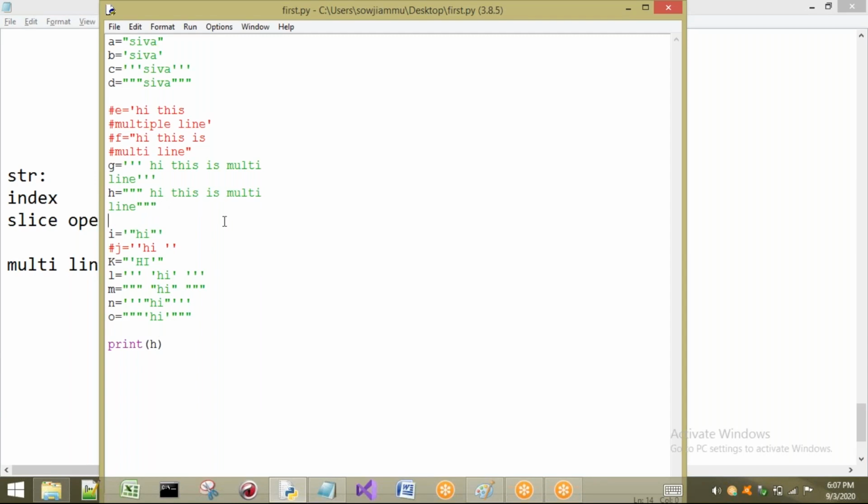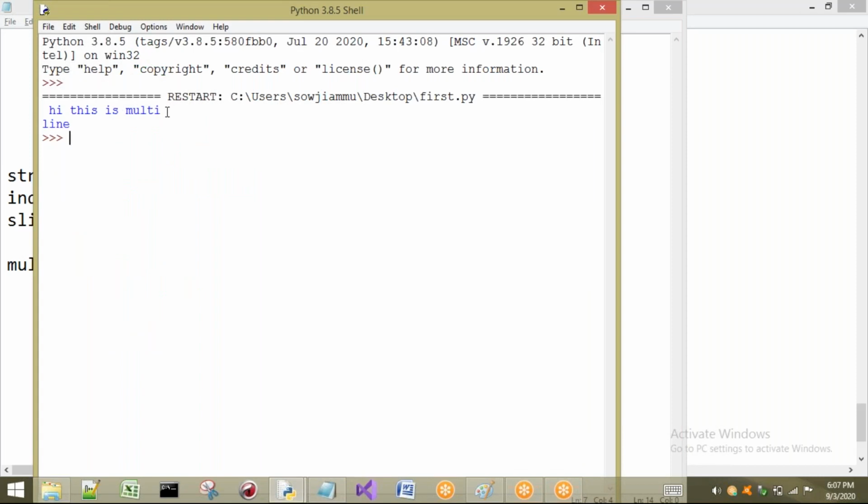So if I print this line, it is going to print in two separate lines. One is "hi, this is multi", and in the second line we are going to print what? "Line". Okay, let us see how it is going to print. See the output here. Is there any slash n concept? No. But if you are going to consider here in this